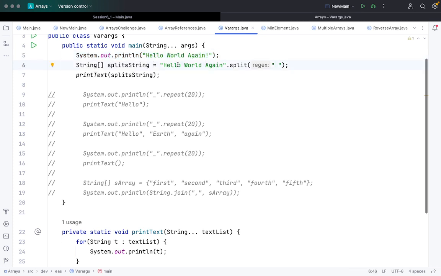Now we will try to create a string array with the help of this. How are we doing this? We are writing hello world again. This is our whole string, and we are dividing the string with the function called split. The splitting character is the blank character, so the white space between the words will be considered a split. It will be stored in a string array called splitString, and then we are passing this value to splitString. So if I just run this,